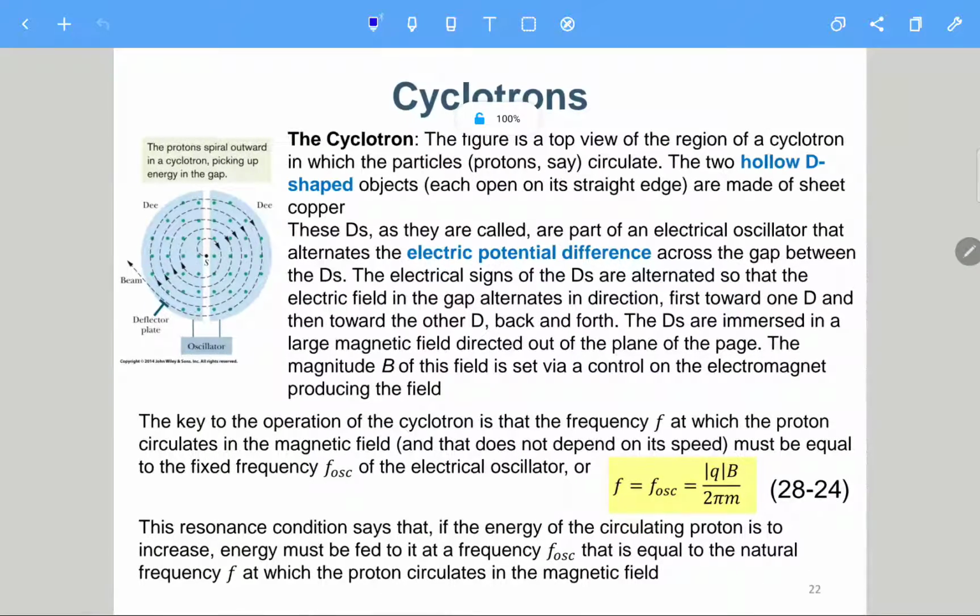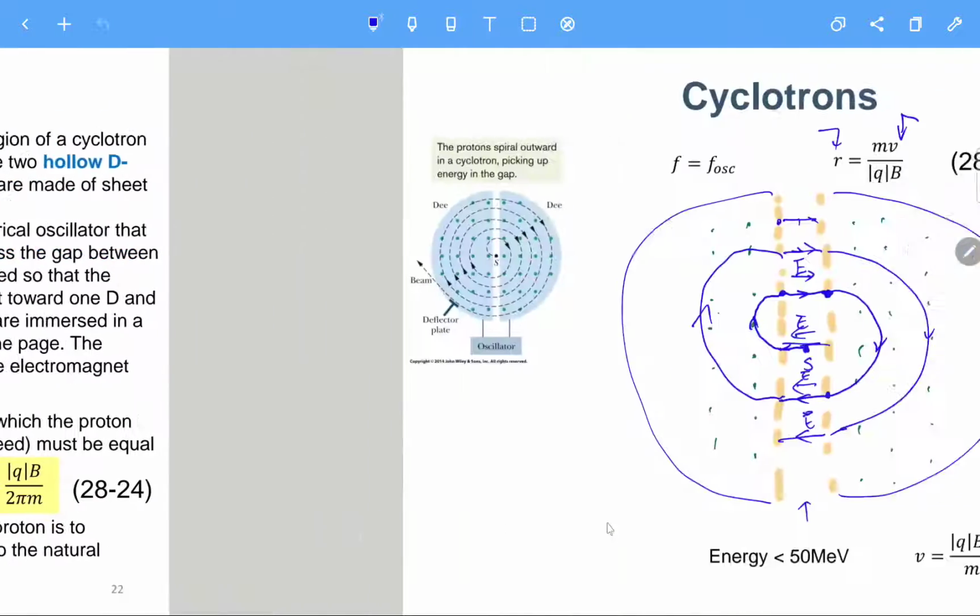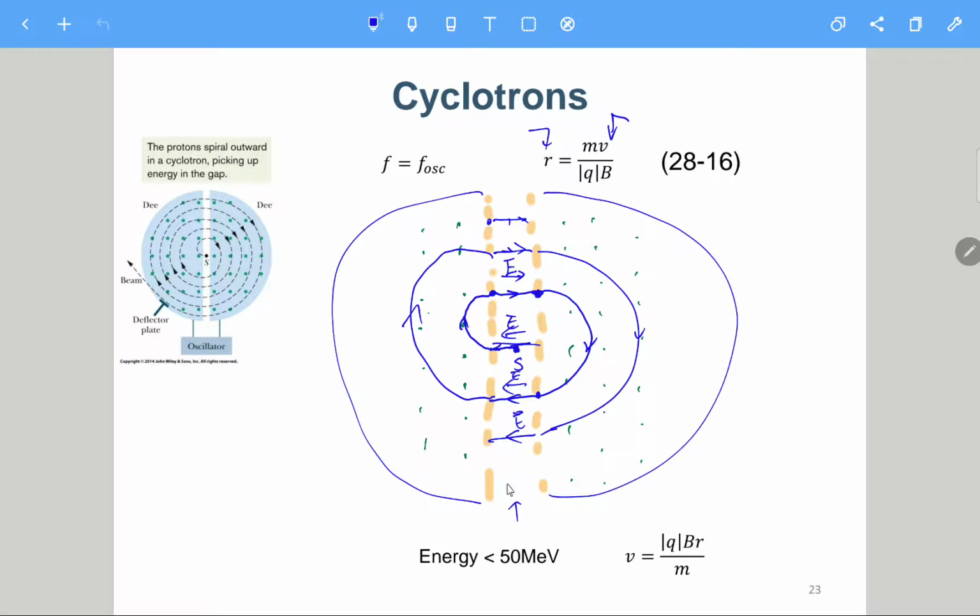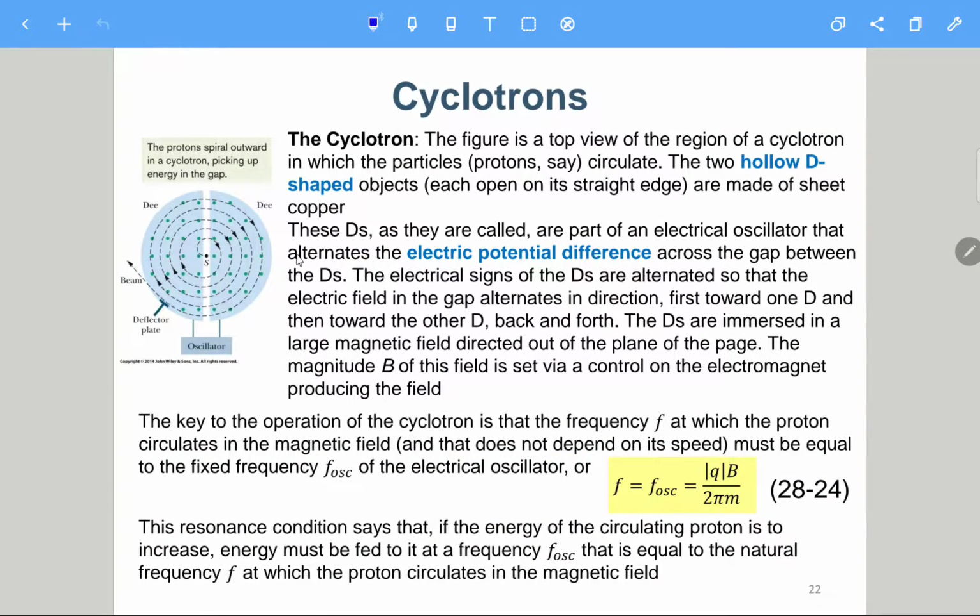So this is the mechanism for this synchrotron, and it also tells you that we cannot just put the E field pointing to the left side at the bottom and the right side at the top. We really need to control it, sometimes all the E field points to the left side, sometimes all the E field points to the right side, periodically. So this frequency is called F_osc, F oscillation, and we need to control this frequency,